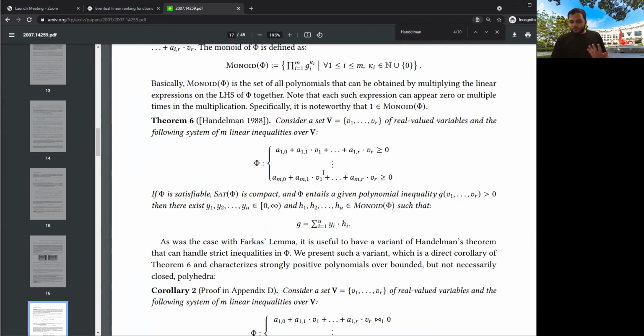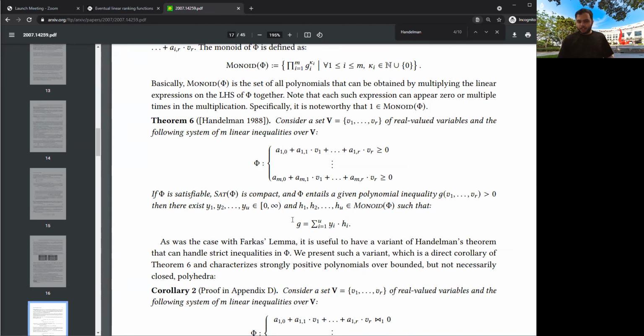So the idea is simple. If we had a bunch of linear expressions that were non-negative, we know that we can multiply them together and we will still get non-negative polynomials, right? These were called the monoid. Now, we have a bunch of non-negative polynomials in our monoid. We can get linear non-negative combinations of these, and those will also be non-negative, right? So as long as I can write G as a linear combination of HIs, and each HI is in my monoid,